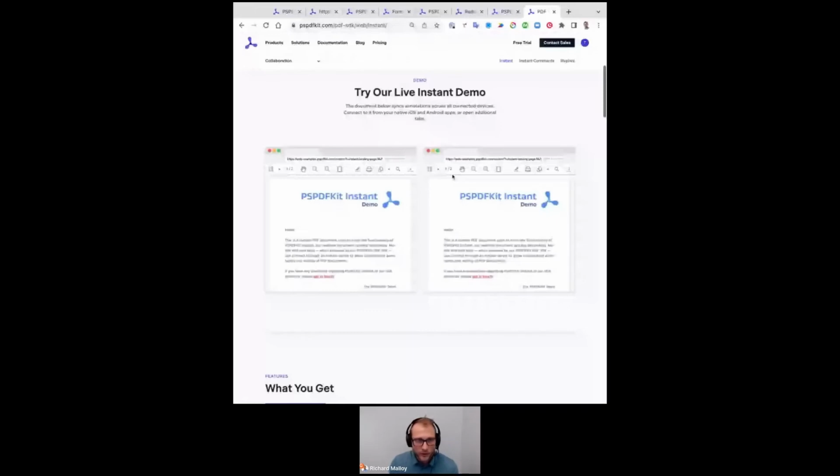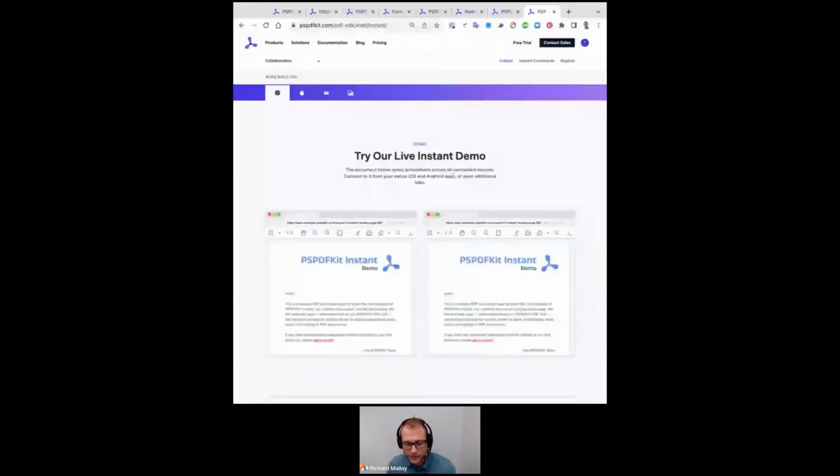So using our server technology, which is delivered through a container approach, which provides a number of benefits when you're deploying this on your own infrastructure, including ease of integration,